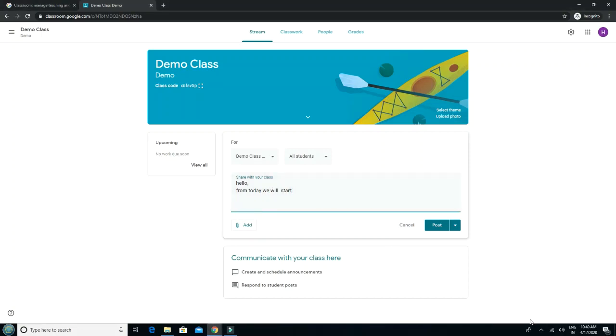Start with new chapter. Then if you want to add any post, you can click on add. If you want to add some Google Drive data, you can link any file, you can upload any file, or you can give any YouTube link also.